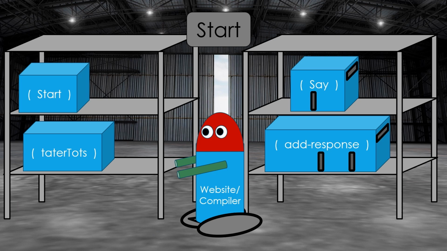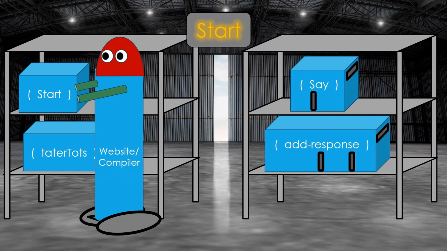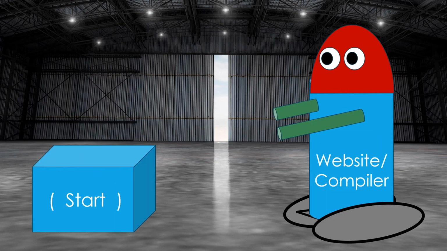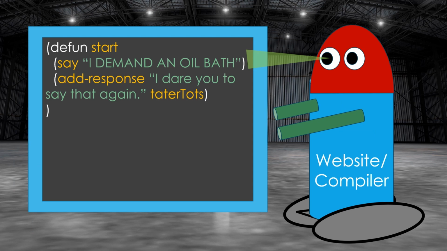So your warehouse is just sitting there, all the robots are lying there dormant, and then when you click the talk button, it basically turns on this light that tells the compiler to go find the start function and execute it and do what it says. So it finds it, opens it up, and then inside that function, it starts reading in order